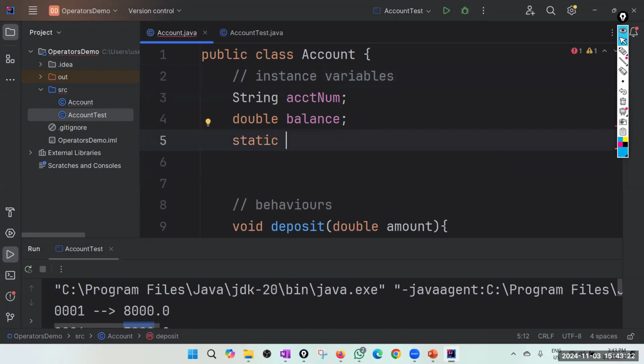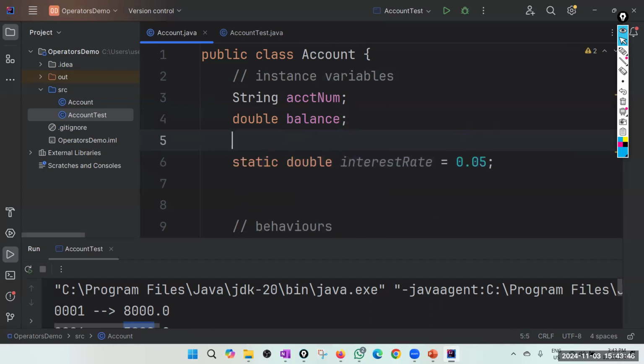Say double interest rate. Maybe I can initialize that also. Say 0.05, okay, 5% interest. And that is a class variable or static variable. Okay, so that is a class variable.